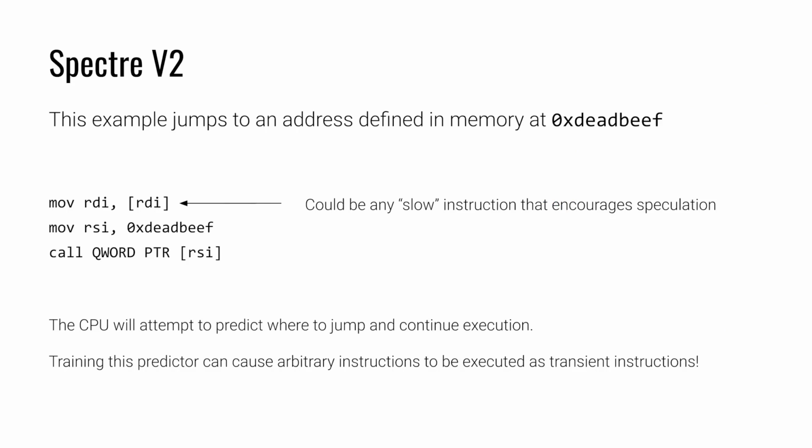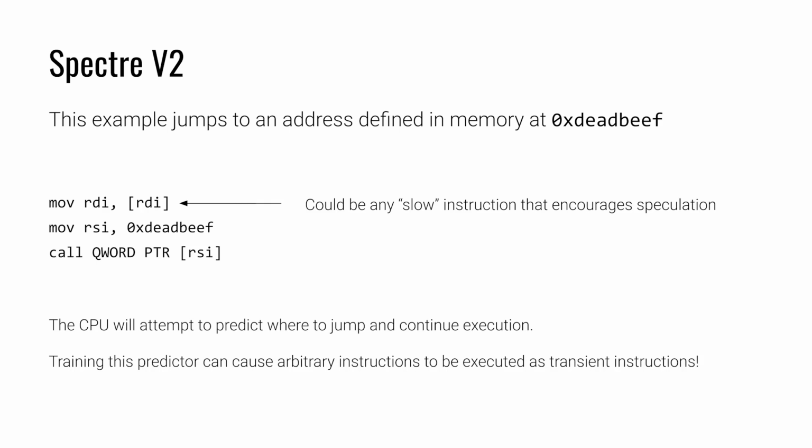The purpose of the first instruction is to simply be something slow that encourages out-of-order execution or general speculation. The critical components are the next 2 lines. On line 2, we see a constant memory address, deadbeef, being loaded into RSI. In the third instruction, RSI is being dereferenced, and whatever address is stored there will be jumped to via the